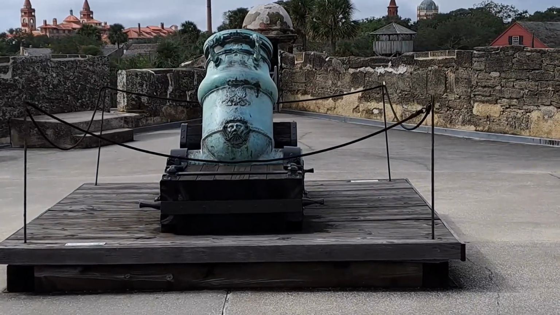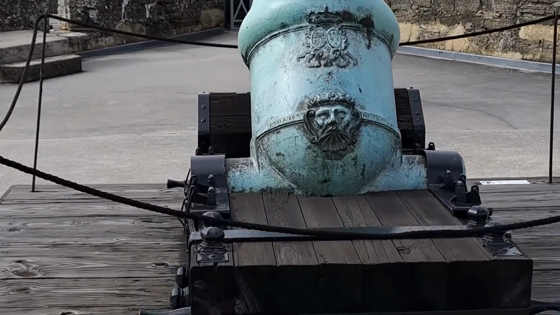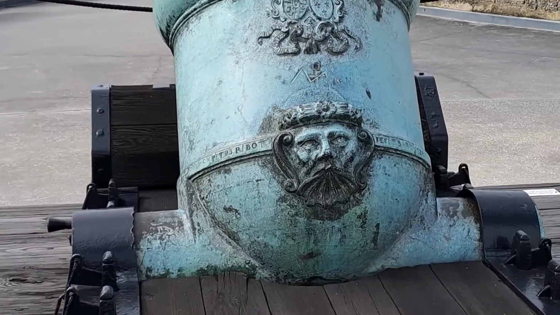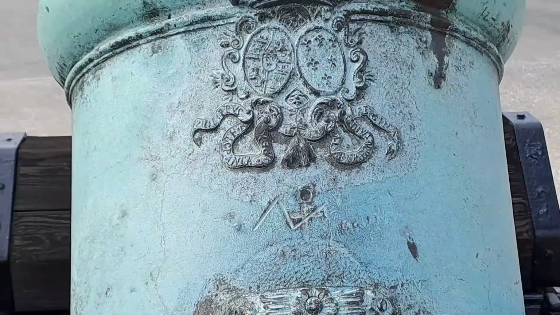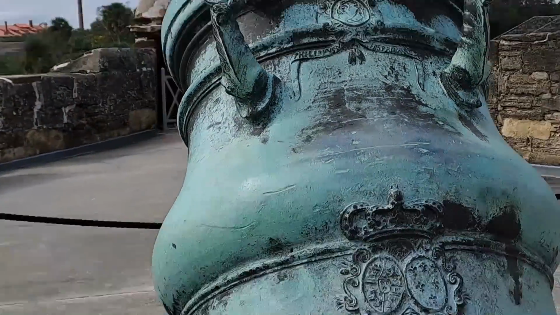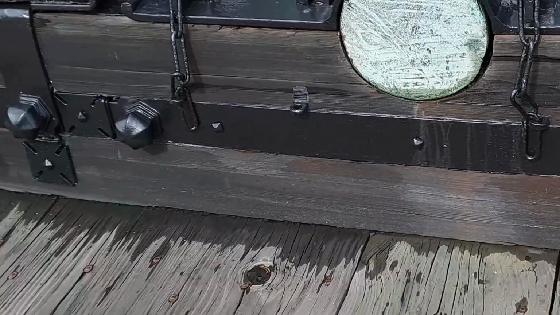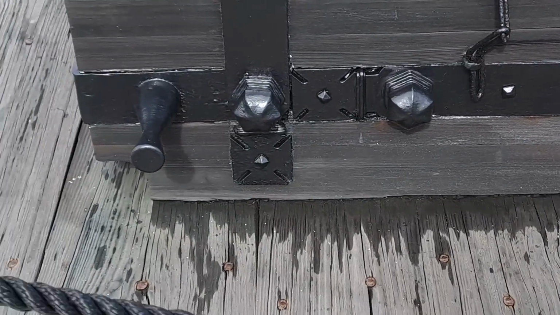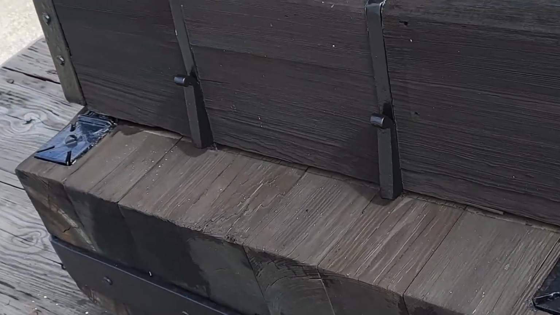Alright, here we have one of these big fat cannons. Is that the green man again? This green man is chasing us. He's all over the place down here. And this one is sitting up on, looks like a trolley with no wheels. Yeah, I don't know what. You can see how